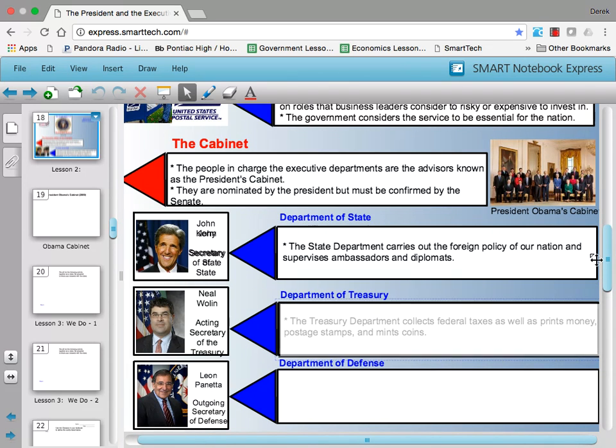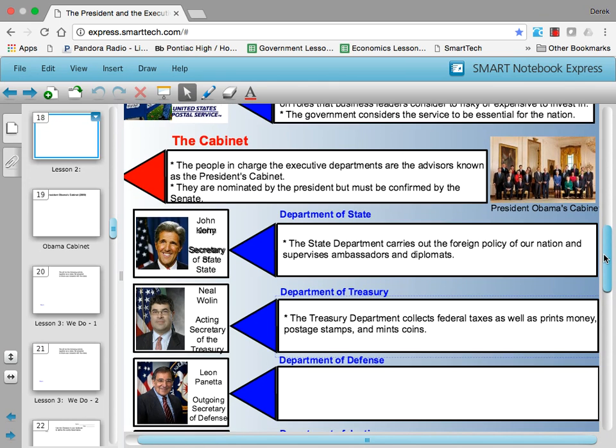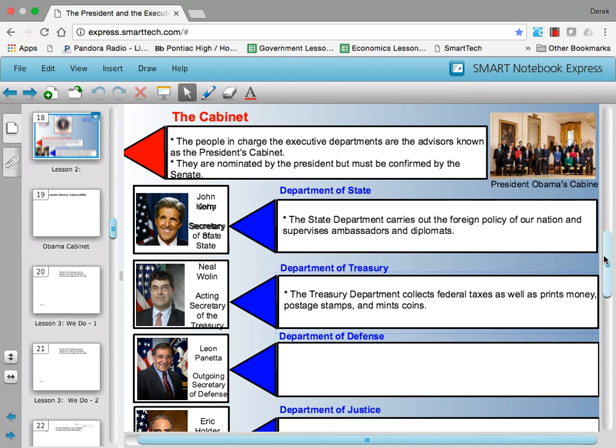Department of the Treasury, you probably guessed it right, they deal with money. Treasury Department collects federal taxes as well as printing money. Yeah, we just print it whenever we want it. Kind of, that's sort of true. We also print postage stamps because they are in their own sort of way money, and we mint coins. So all that stuff is done by the Treasury Department. Treasury Department also has some input and advice on other aspects of macroeconomics and how we run our economy, and will advise the president on those issues.